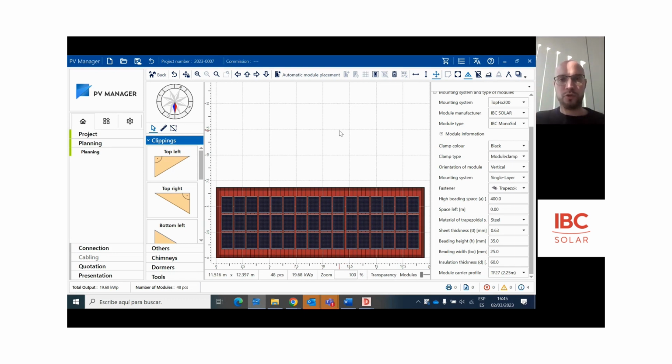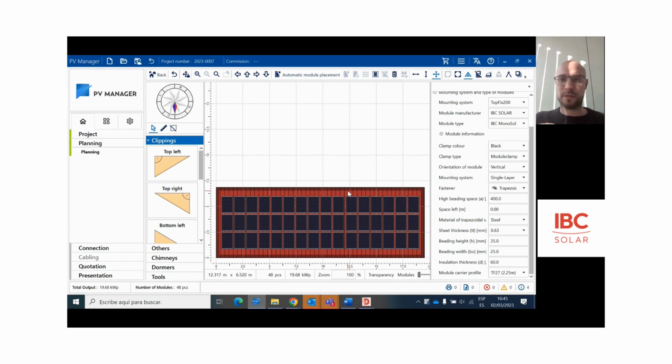It's really important when you install the mounting structure to respect this thermal joint. It's really, really important, because if you don't, you could have problems when the temperature of the building and the mounting structure, with these thermal dilatations,